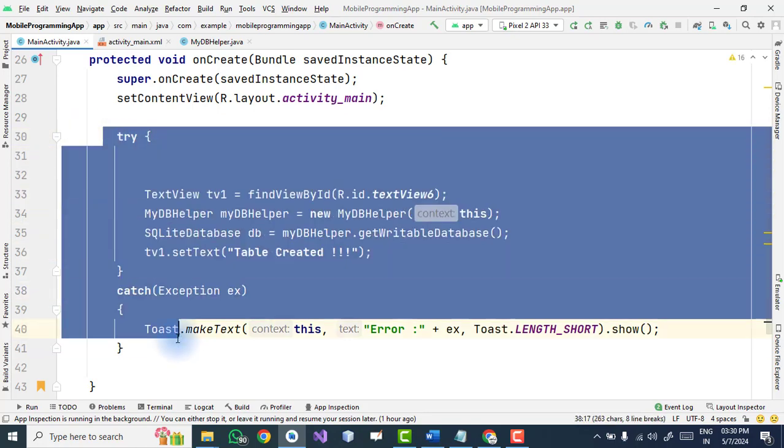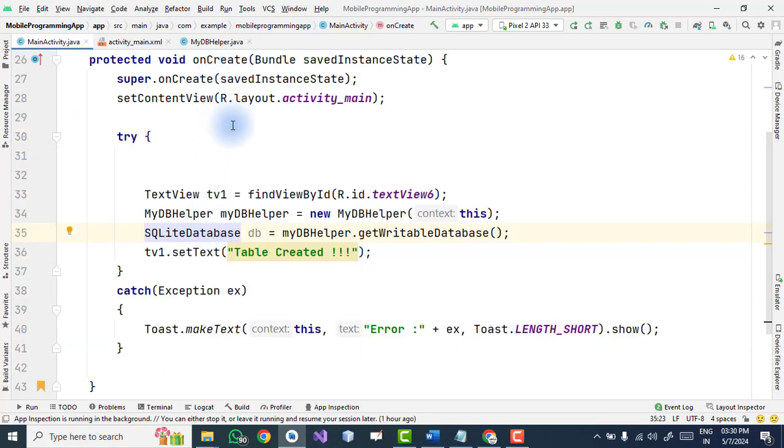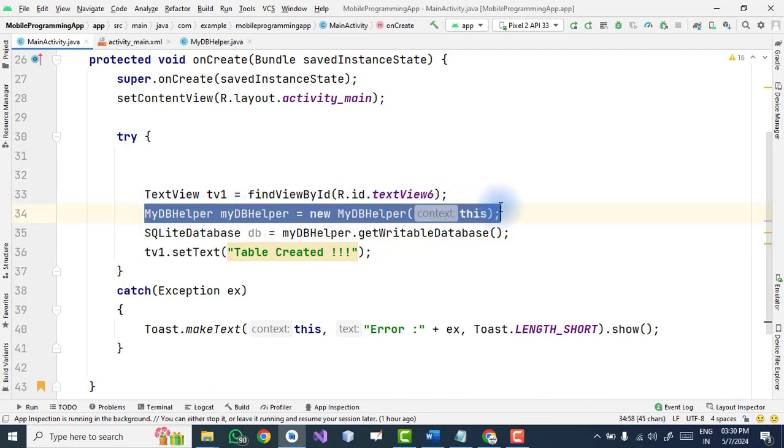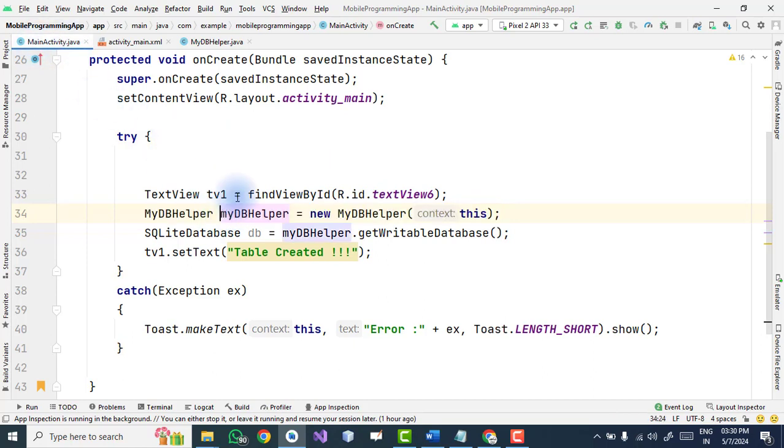So this is the code, right? In this we are just calling the MyDBHelper code in MainActivity.java. Okay, now we just execute this code.